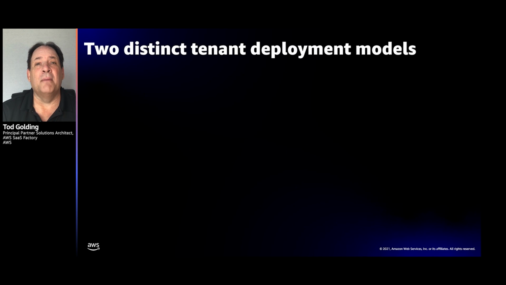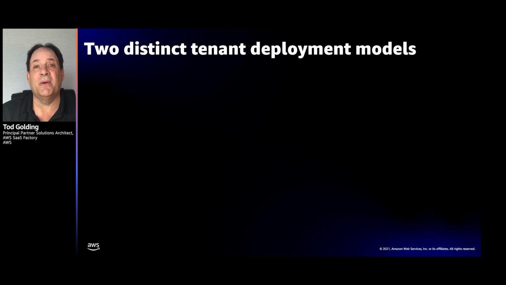Okay, now before we go deeper into the architecture, I want to make it really clear, and I kind of talked about the need for different deployment models, but I really want to make it clear that there are 2 very distinct deployment models for this reference architecture. And we intentionally are trying to show this off. We've talked an awful lot about the fact that some SaaS environments aren't just pool where resources are shared for tenants or silo. Those 2 don't have to be mutually exclusive.